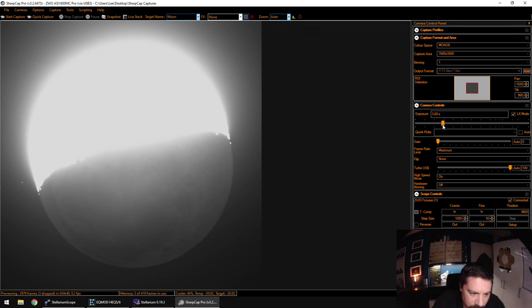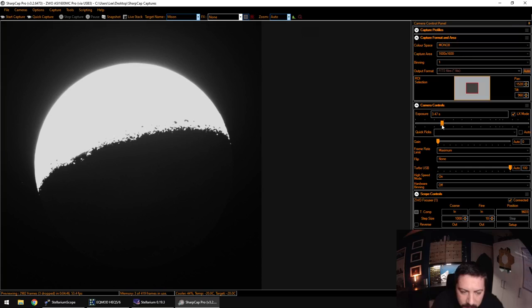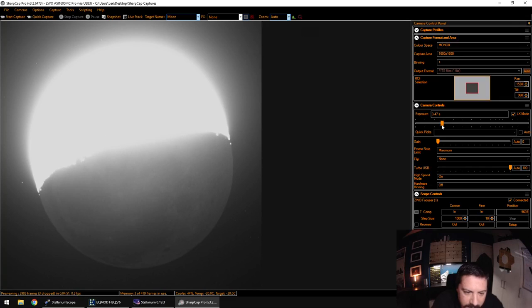3.69. So I don't want to start blowing out too much across this terminator line here and coming onto the dark side a bit. Yeah, I'm losing contrast around the centre of the screen here. Around here, you see it's starting to glow out. Any ideas how I can improve contrast on that? I've got the Baader UV IR filter in at the moment for obvious reasons, and I'm just shooting in mono, so